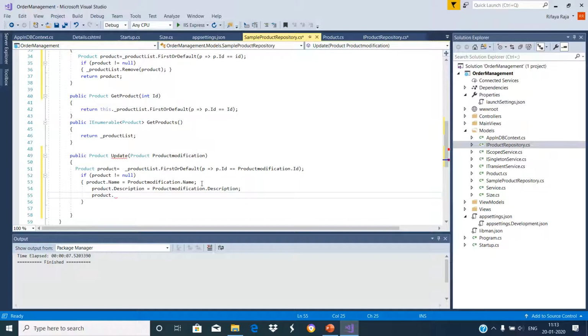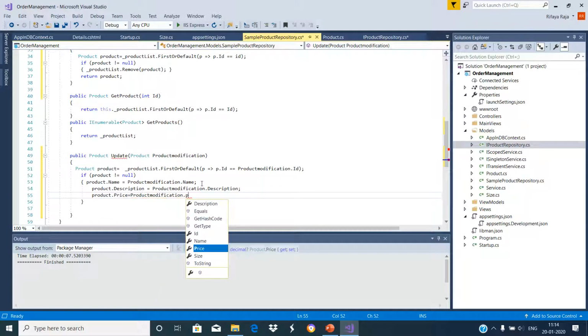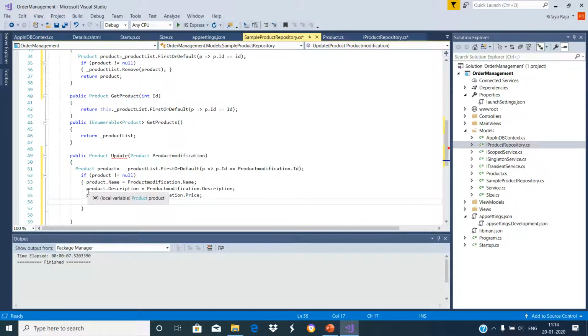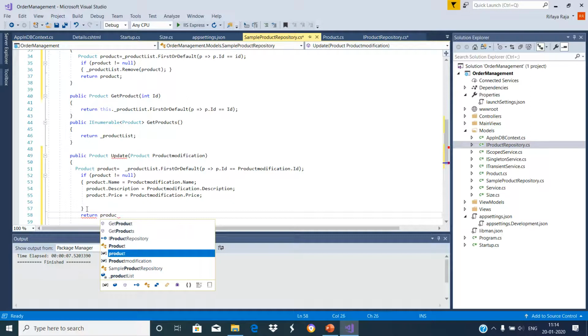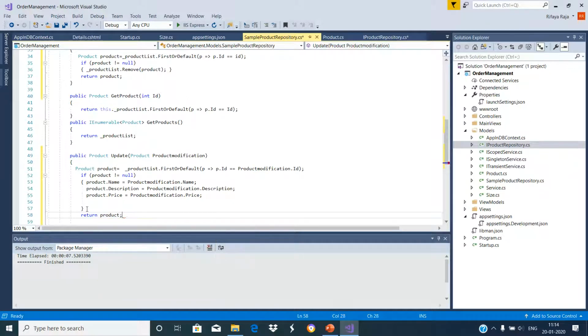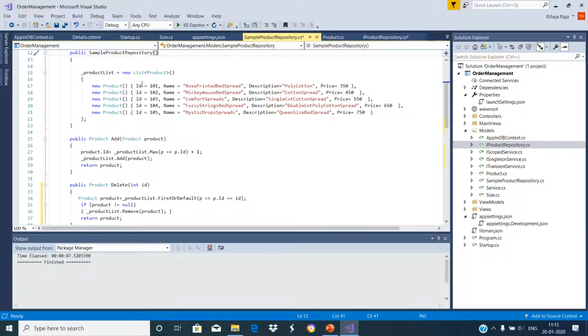Product.Price = modification.Price. So now we updated the product. Let us return this updated product. Now we have the CRUD operations, and this specifies the implementation that stores and retrieves the product from an in-memory